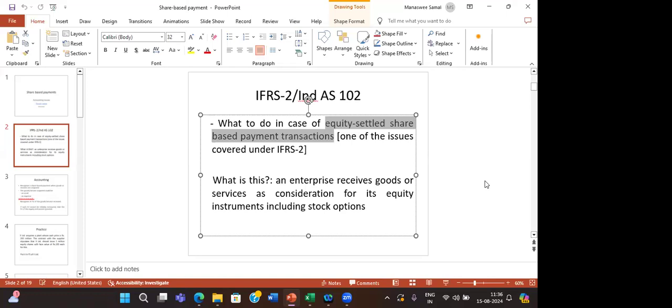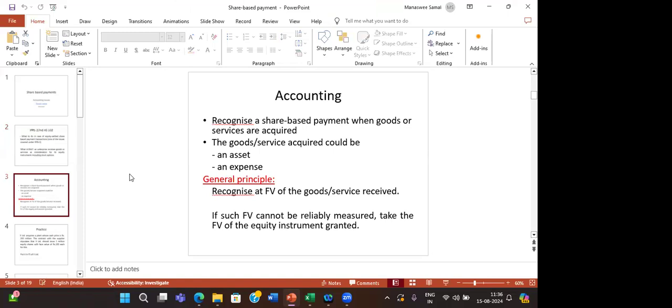So an enterprise can receive goods or service as consideration for its equity instruments. And when it comes to ESOPs, stock options are given to employees who are working for the company. That's the service they're rendering, and the company gets that service as consideration for granting the stock option. So these are the transactions where you think about equity settled share-based payment. Coming to the accounting issues involved,